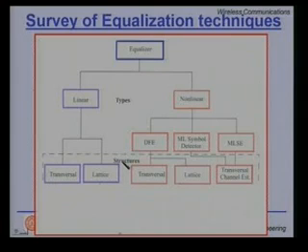Now, let us talk about the structures. We have already seen the transversal structure. Again, we will talk about it, but linear equalizers can have a transversal structure or also a lattice structure. We will talk about these again in greater detail. At the other end, the nonlinear equalizers can either be a decision feedback equalizer, or a maximum likelihood symbol detector, or an MLSE, maximum likelihood sequence estimation. Again, these three can be implemented using a transversal filter, a lattice filter, or a transversal channel estimator.